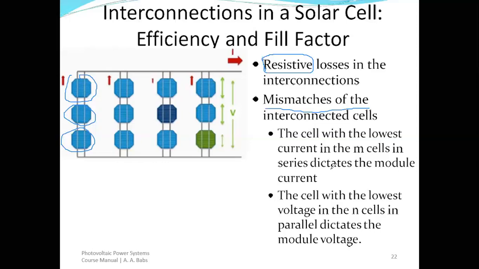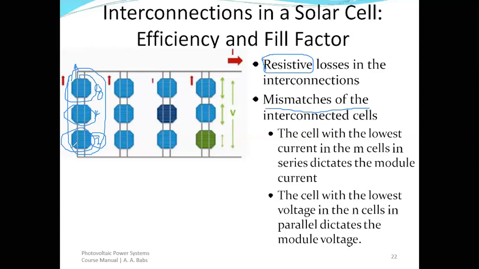Now, this is very important for you. When you have three cells put together this way, can you look at it here? We have three cells put together here. If one of them is damaged, or has an issue, or has a different capacity, and let's say the current here is 2, the current here is 4, and then the current here is 8 amperes, all right? So the current that will come out of these three connections will be the lowest, which is 2 amperes. That is why we have to be very careful with mismatching solar modules, okay, or solar cells